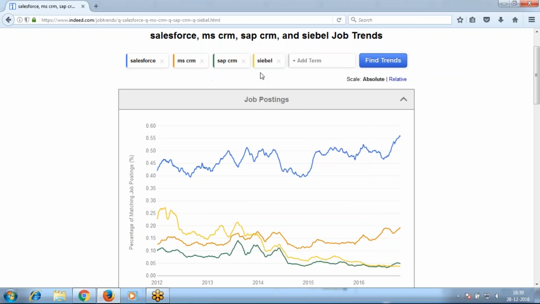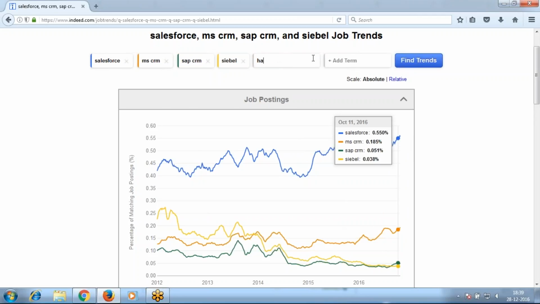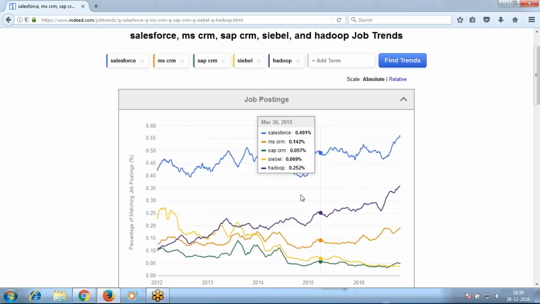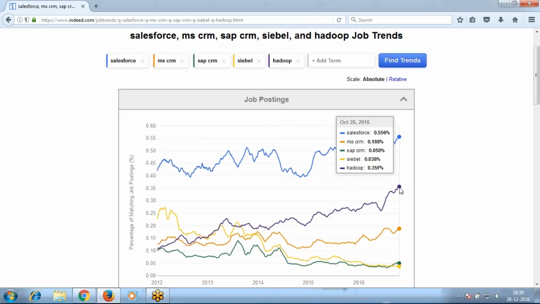And see, among all the CRMs, our Salesforce is in highest demand. So people think about other software besides Salesforce, like database related ones such as Hadoop or Oracle. Go for Hadoop architecture. Hadoop has the highest demand. Compared to Salesforce, what is the demand in Hadoop? Some people say non-programming, so I don't have any programming knowledge. Which software is the best?